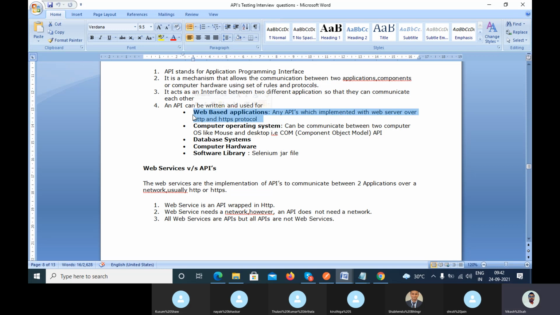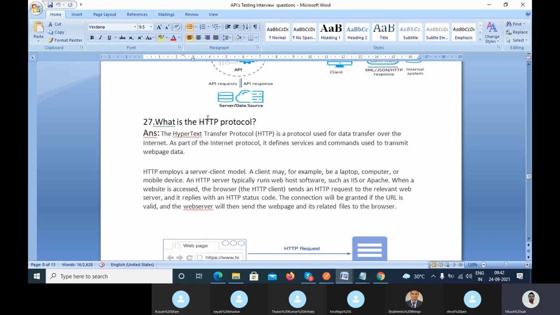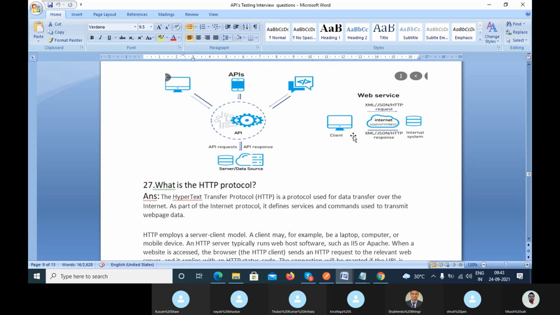So that is the difference between web service and the API. You can see it here in the diagram. This is the web service, using the internet you can connect. In the case of API, using the mobile, the computer, and the message, it connects with the server, making the communication.